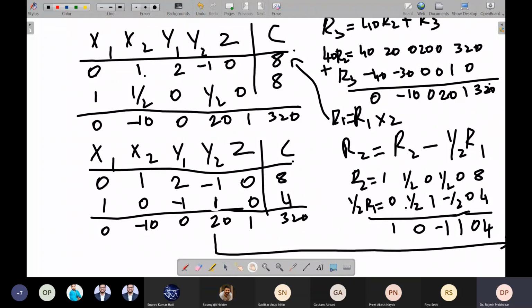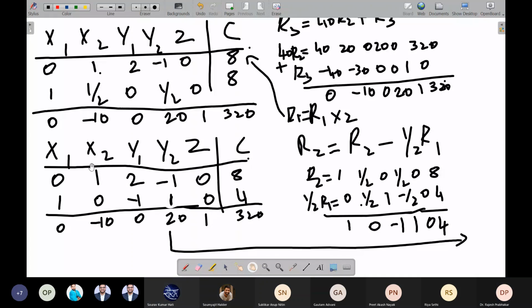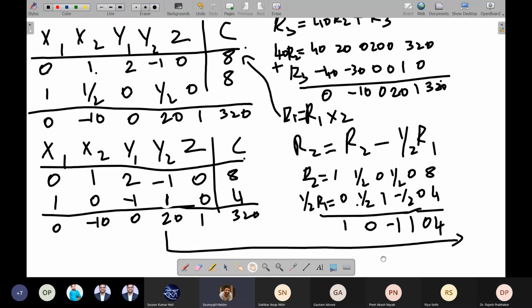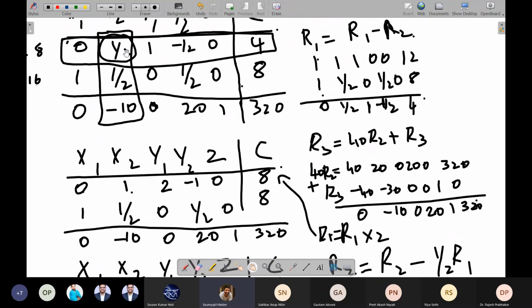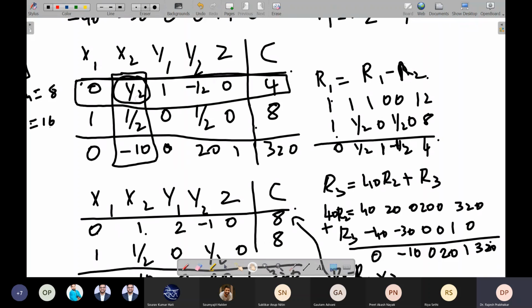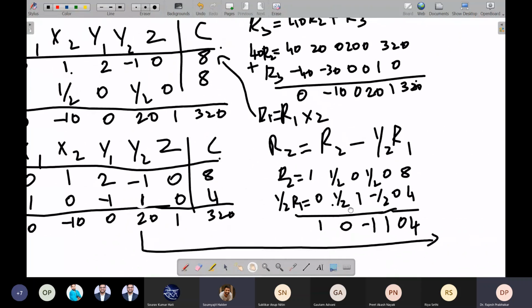Then you have put that arrow mark and written R1 is equal to R1 into 2, right? See, earlier it was half. Then we made it 1. Okay, all right. Got it?